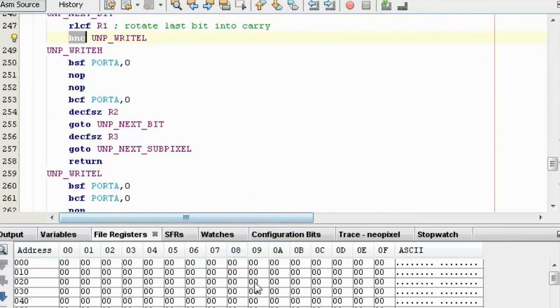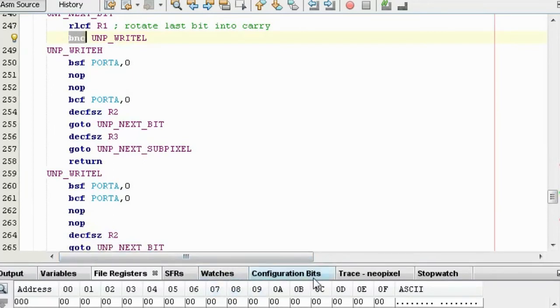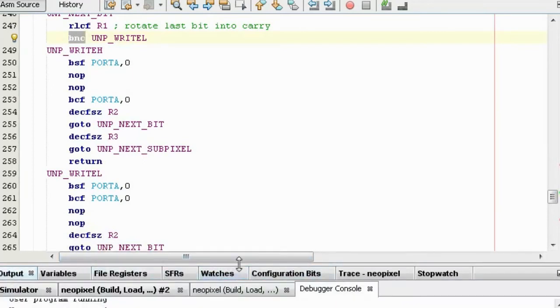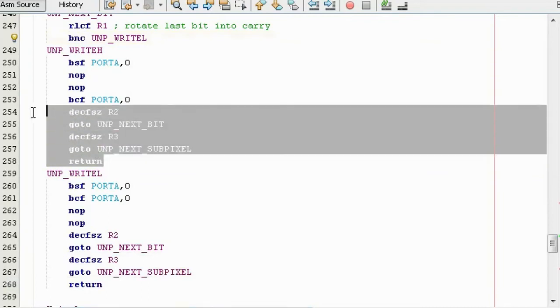And because time really matters in here, I have duplicated this part. You can see it in both write high and write low,